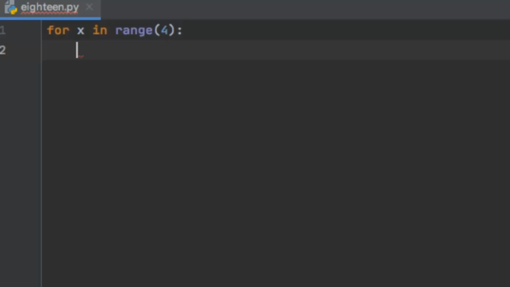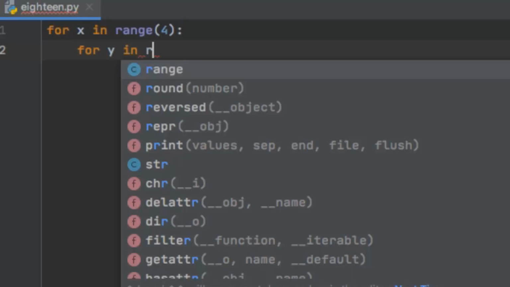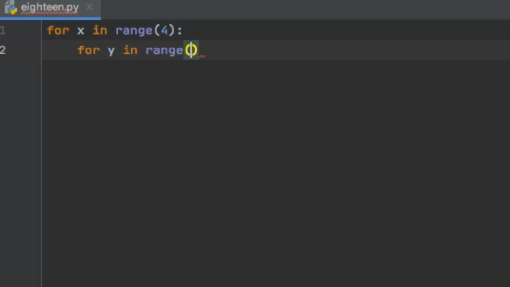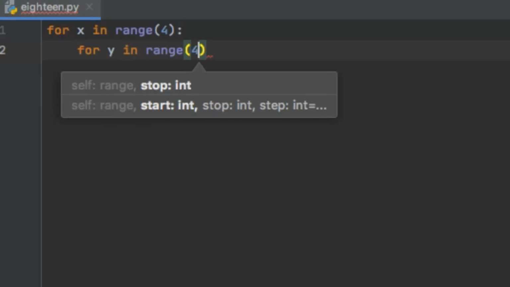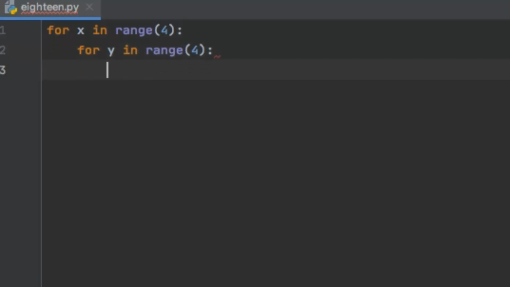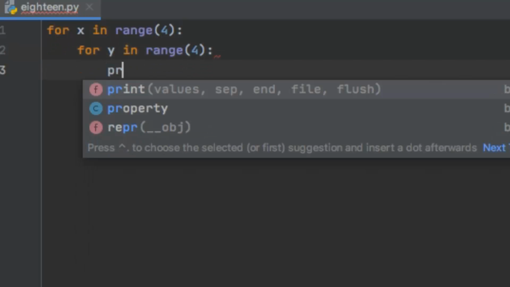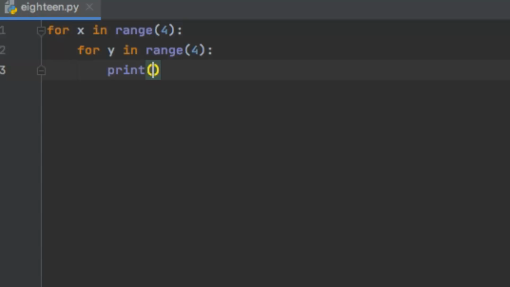Now for one value of x, we want to generate a few values of y, right? So I'll say for y in range 4. Now I'll print x comma y. Now here you can dynamically add the value by using the formatted string, which we have already covered.